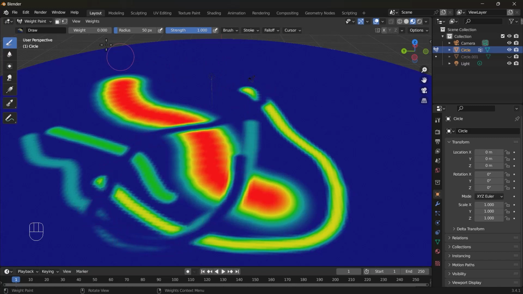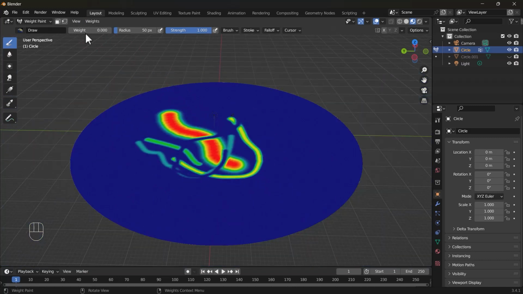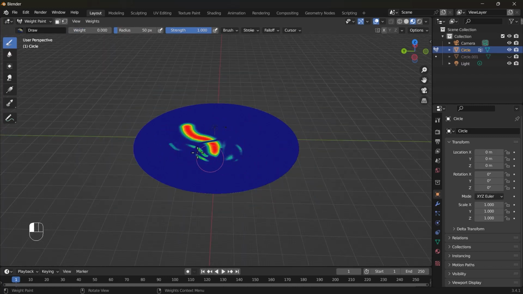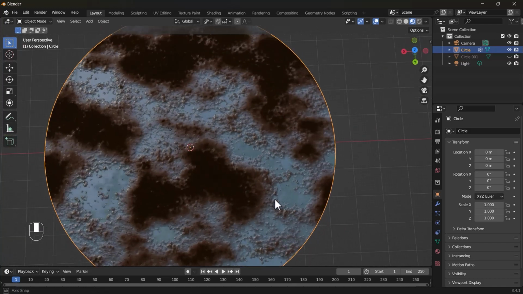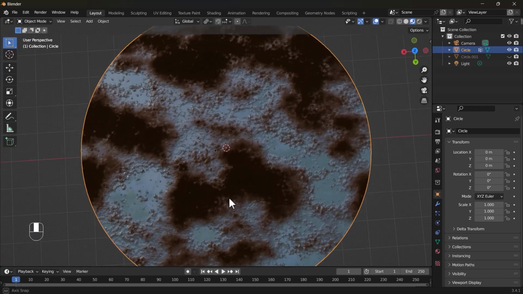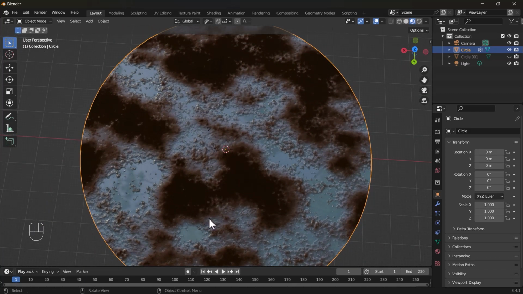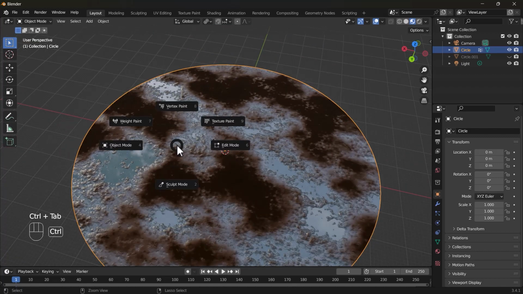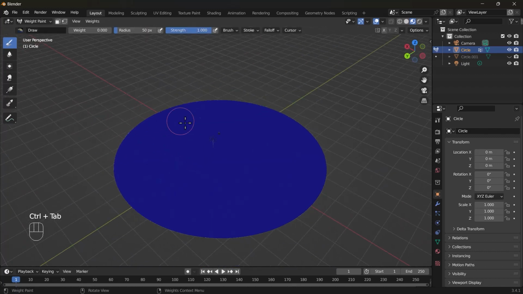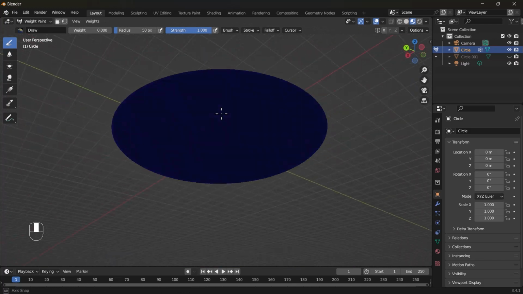The reason we want this density paint is because at the time of adding instances like growing grass or trees or flowers, we have to give Blender the information about which place I want my objects to instance on. Okay, so if we go again to object mode and in material preview, we can see the material. And we know we want our grass, trees, and flowers on the ground part, of course. So for that, we have to paint on the brown part. But when we come to the weight paint mode again, we can't see our material, and we have no idea where to paint exactly.